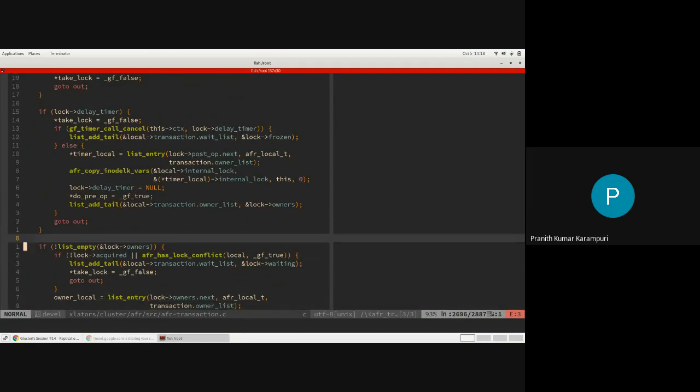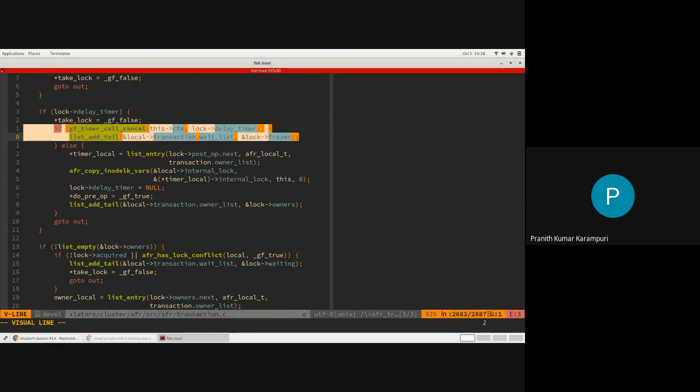The other case is when this delay timer is there. This delay timer is related to the post-op delaying by 1 second. So whenever this is not null, that means somebody is already waiting. So now you need to stop that delay timer because you are going to become the owner.